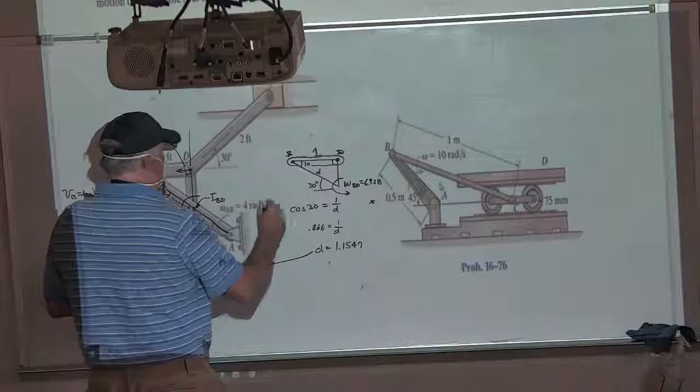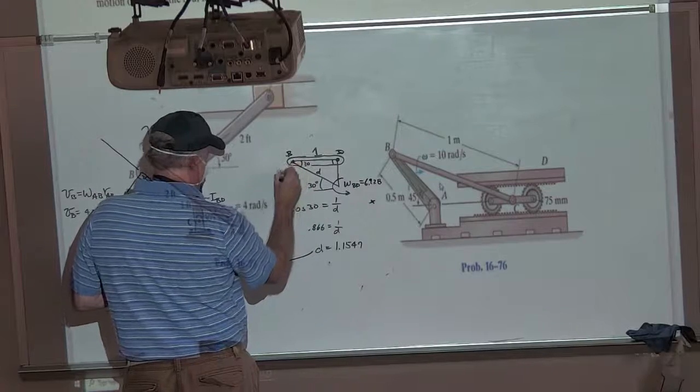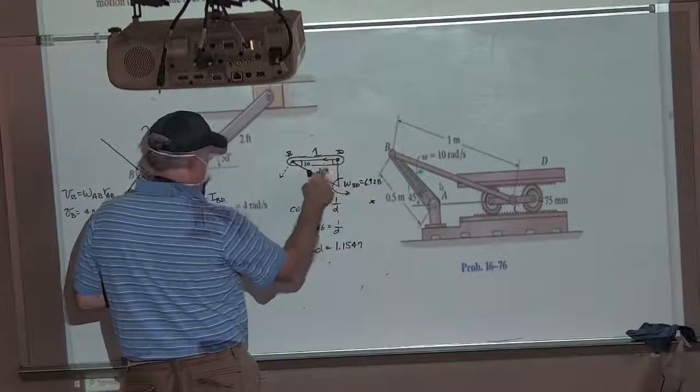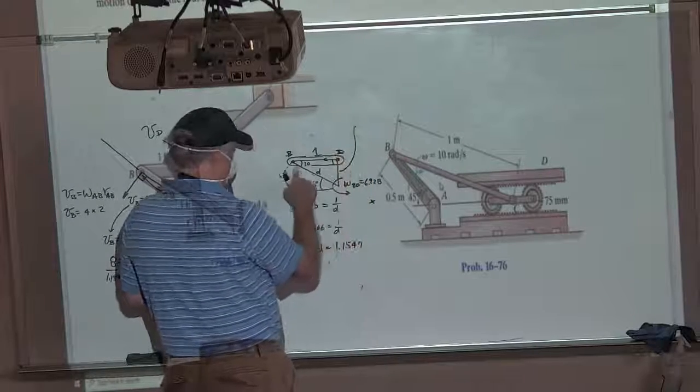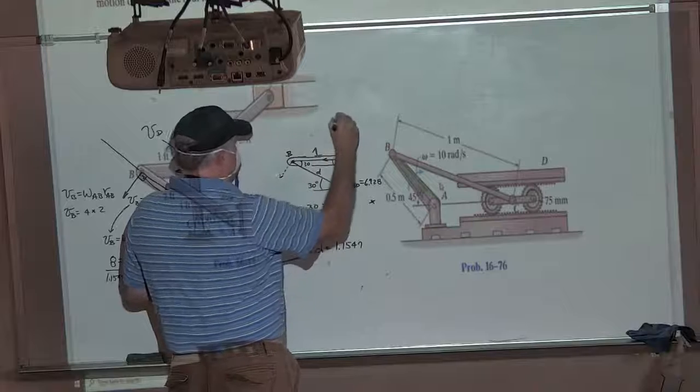So if it's rotating about here, yes, you'll have a velocity like this, but you'll have a velocity this way, this one. Luckily, this one turns out, okay, so if I look back at the triangle,